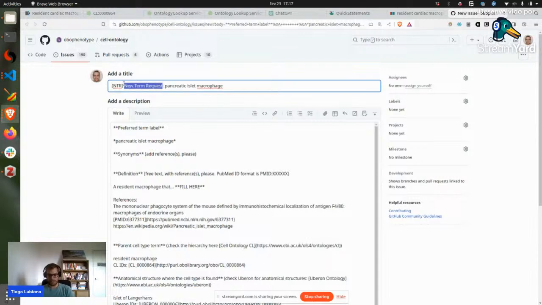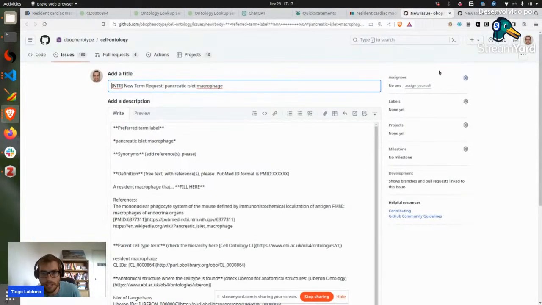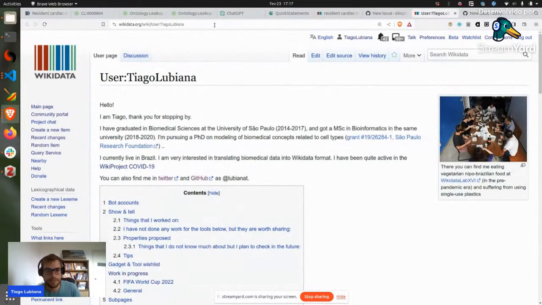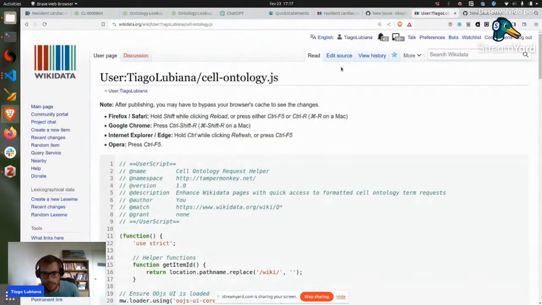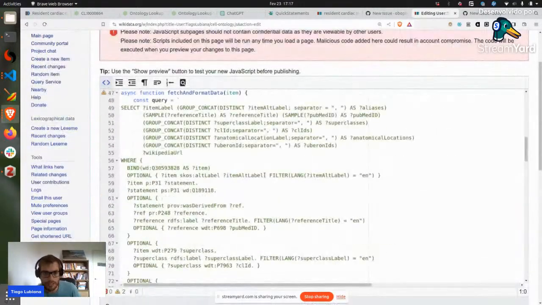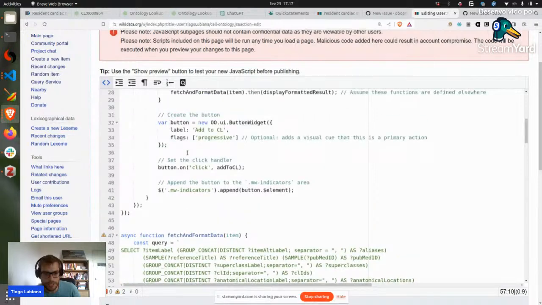Okay. Pancreatic outlet macrophage. That's not really correct. I think, oh oops. Oh, that's the problem with doing live stuff, right? That you get errors. I think I hard coded something here. Yeah, exactly. Bind here is item, but where I should actually